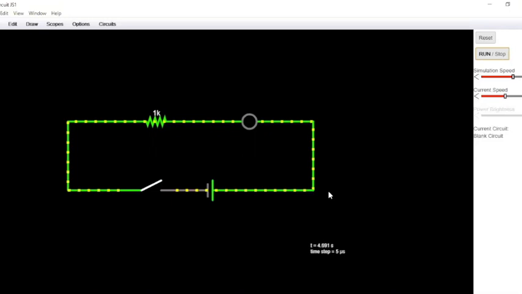So here on the screen you can see that I have made a very simple circuit using those basic components. First one is the switch, second is your cell having two terminals, positive and negative. Positive is the longer vertical line and negative, that is minus, is your smaller vertical line. Then we have an LED here which will glow when we turn the switch on, and it will turn off when we turn off the switch.